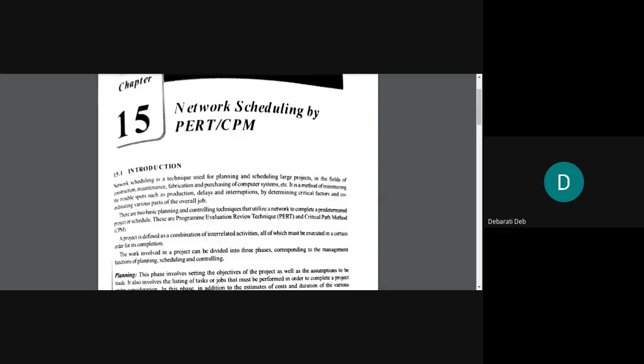So in scheduling, consider all these critical factors: what can happen in the future? Say now we are predicting a complete lockdown again, right? Suppose we are preparing the schedule right now in the month of January, so we'll have to consider that critical factor as well. What to do if the nation again goes into complete lockdown? All those critical factors have to be considered. Then various parts have to be coordinated.